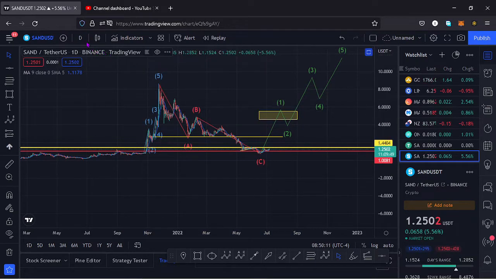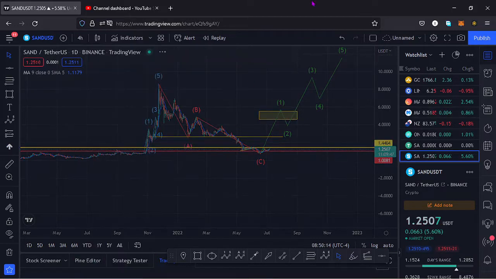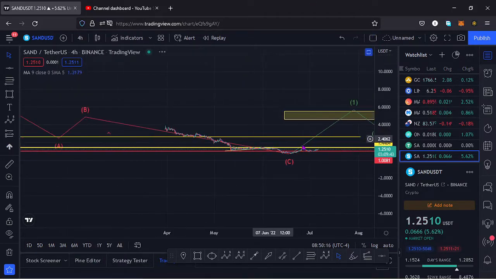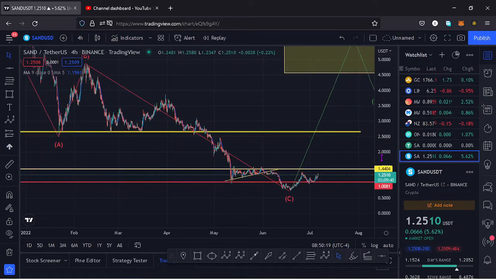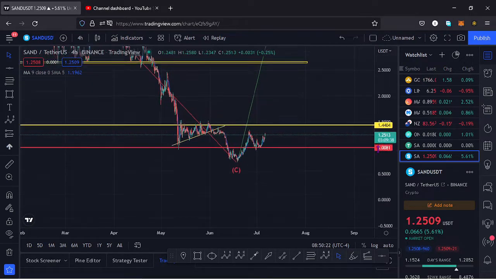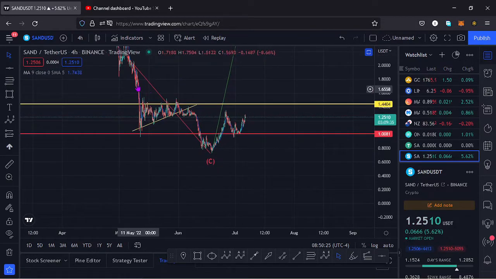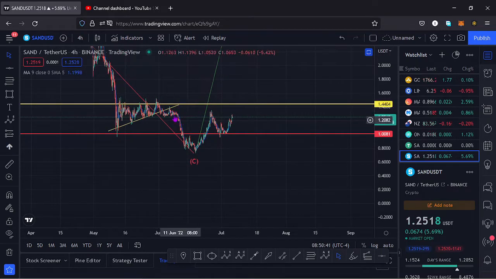And I want to go to the 4-hour chart so that you can see some of the moves that might be likely to play out on this chart. You can see that from the moment that we lost this key area of support at around the $1.44 mark, we saw lower prices. We even had a triangle over here which we broke out of, we broke to the lower side of that triangle and even lost this key area of support that we had at around the $1 mark, and we went to around the $0.73 mark,